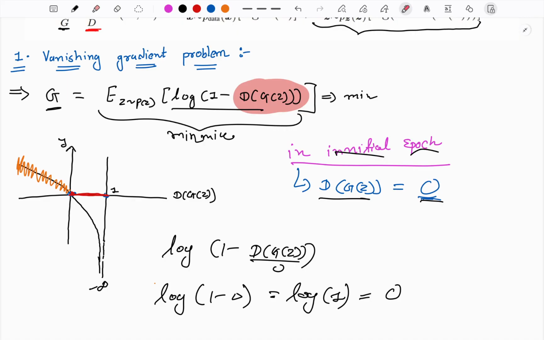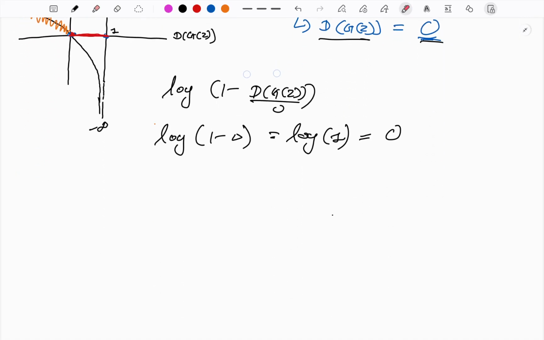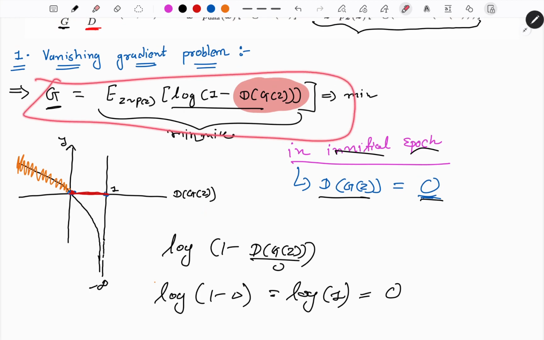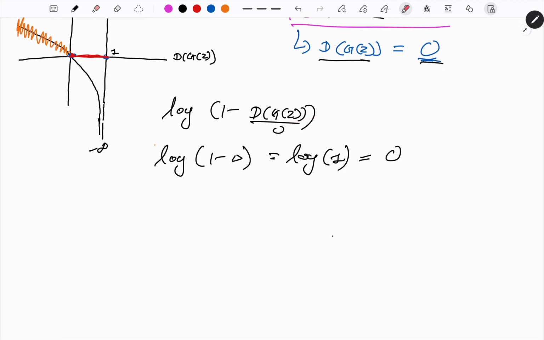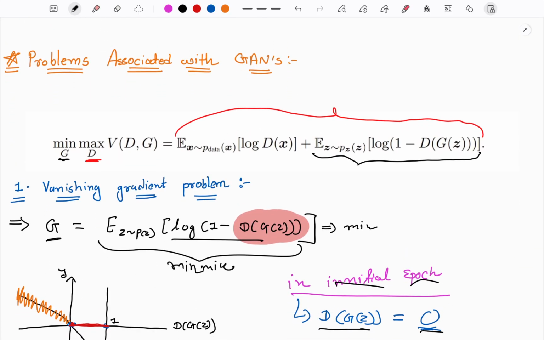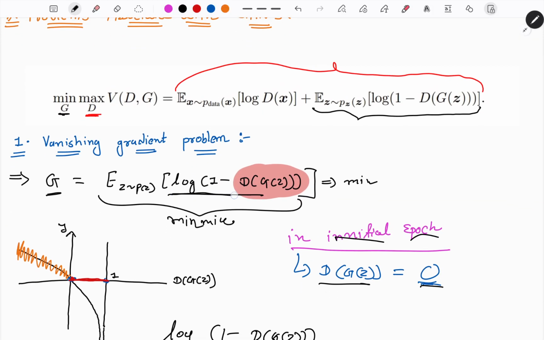Let me discuss how we can solve this particular problem. So initially, this is our loss function. We convert this loss function into another form, which I am not going to discuss in this particular video. But instead of minimizing this particular equation, what we are doing is,